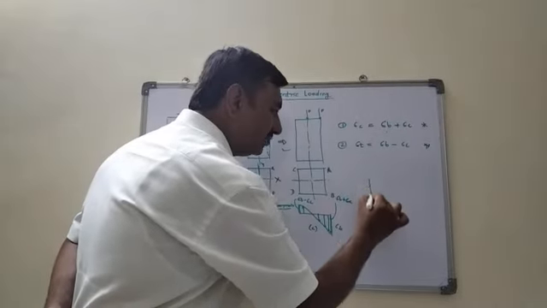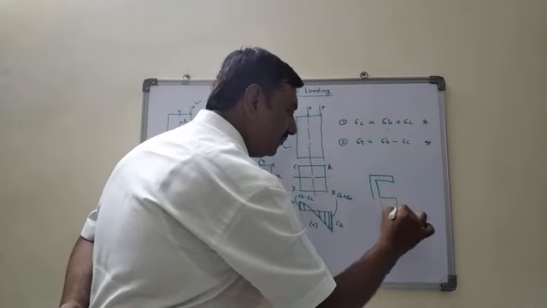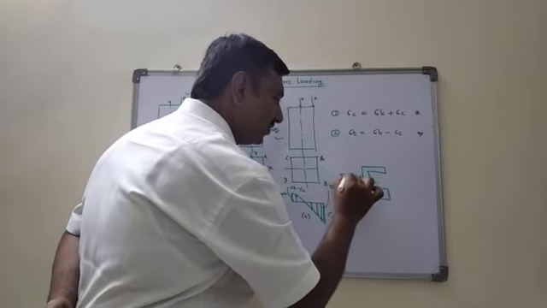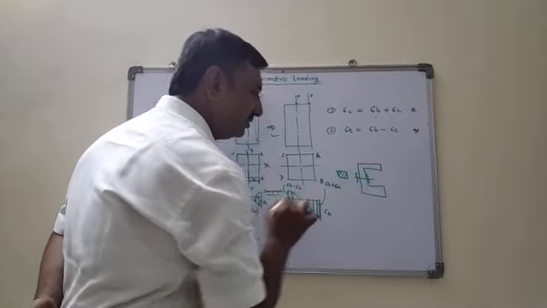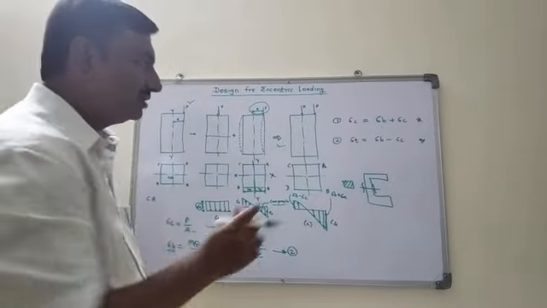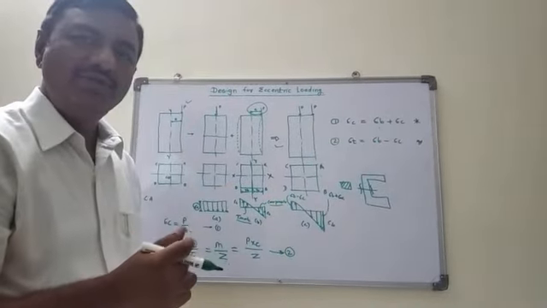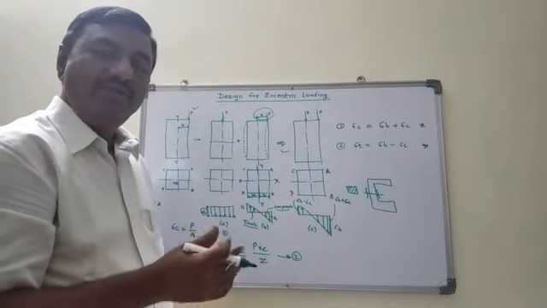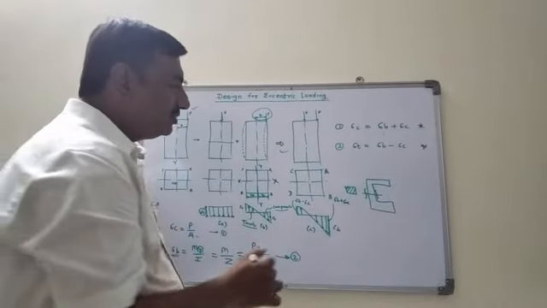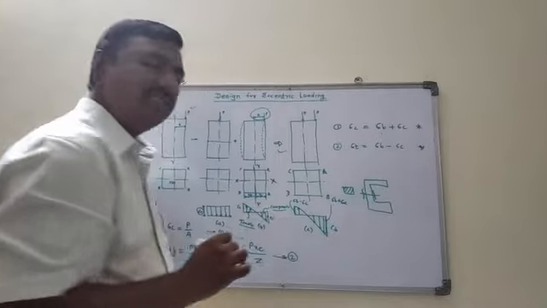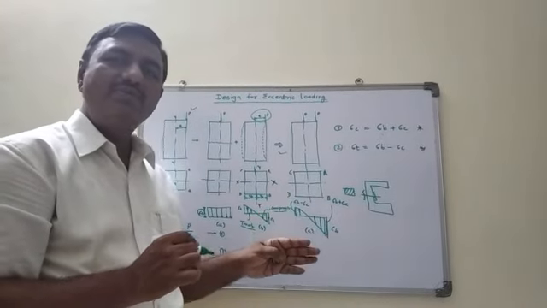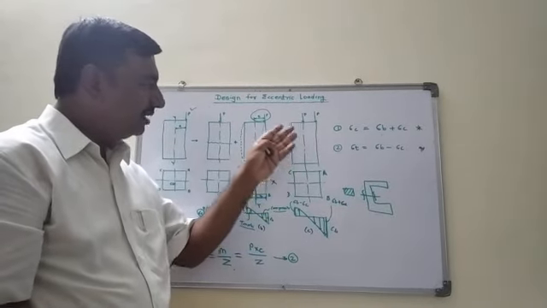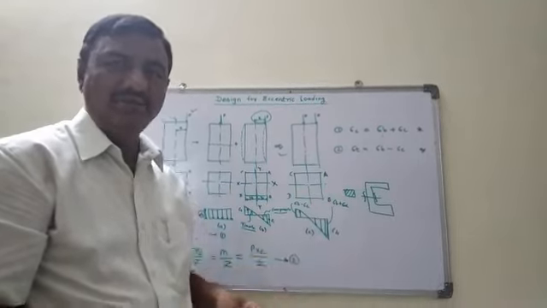As I told, the example of that was the C clamp. Suppose this is the C frame, and we have to calculate the stress distribution at the inner surface and outer surface for this rectangular cross section. What should be the stress distribution? These are the two equations we can use to calculate the stress distribution at the inner and the outer side. In addition to the dimensions, we can also get the magnitude of the stresses so that we can plot the stress distribution for the given component that we are going to design.